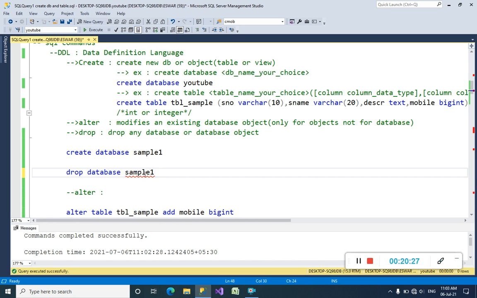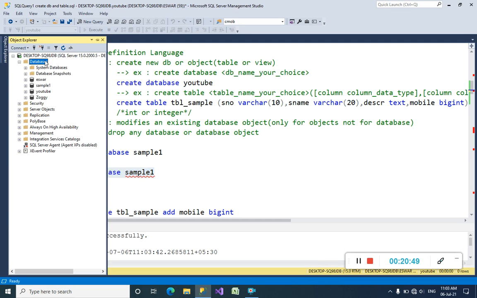Sample one. Yeah, drop database sample one, guys. How it was inserted into our SQL Server, it will go back with the drop command. I'm going to execute it. Command completed successfully means it has been dropped.